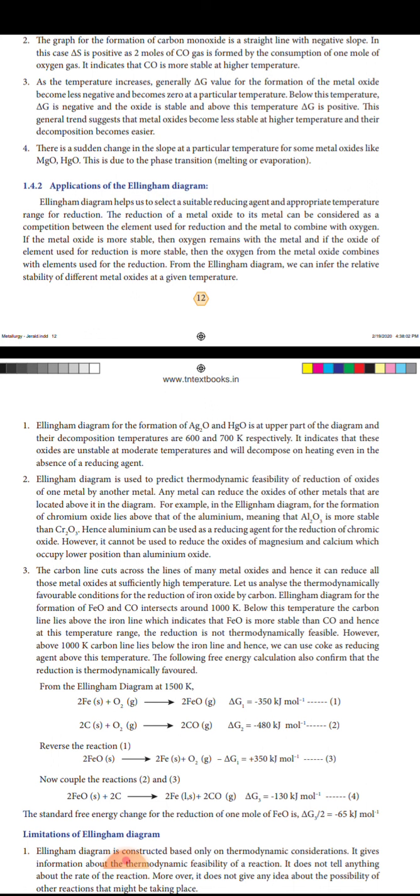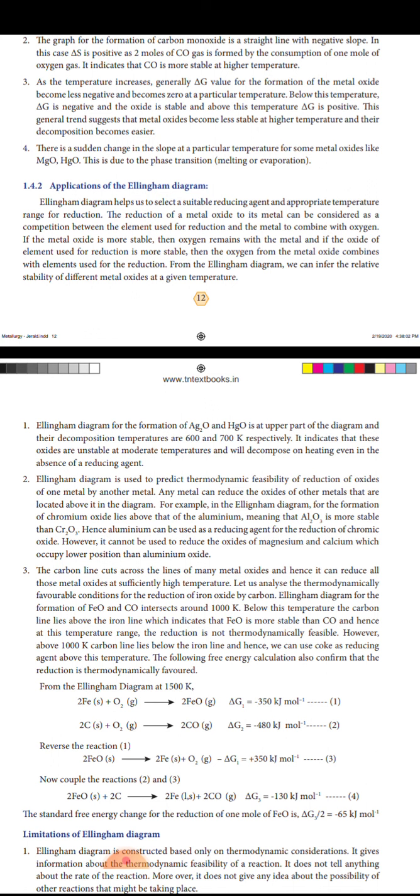Third point, the carbon line cuts across the lines of many metal oxides, and hence it can reduce all these metal oxides at sufficiently high temperature. Let us analyze the thermodynamically favorable conditions for the reduction of iron oxide by carbon. The Ellingham diagram lines for the formation of FeO and CO